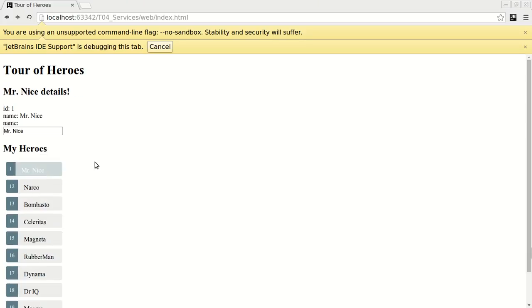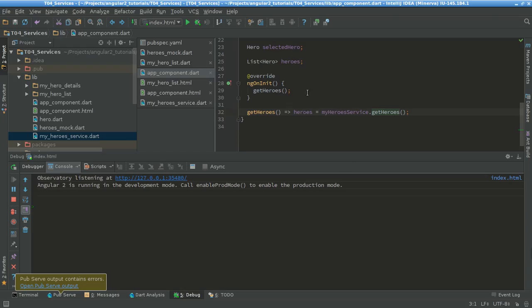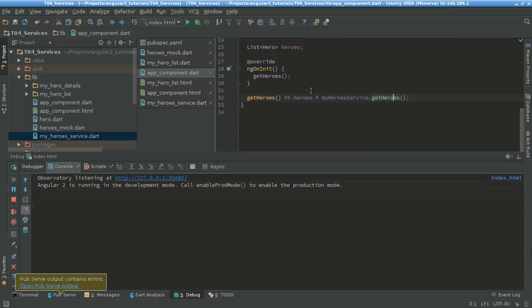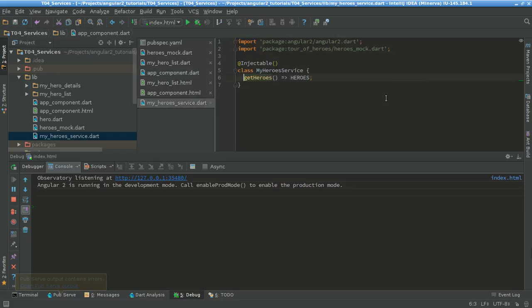Right now it's just good practice for you, just having this in a service. Most of the time you should have all this getting stuff from a service, and as I told you before, maybe this hero service gets the list from the server, so most likely you're gonna have also